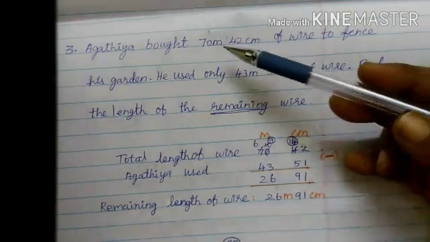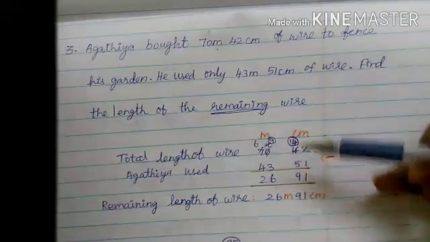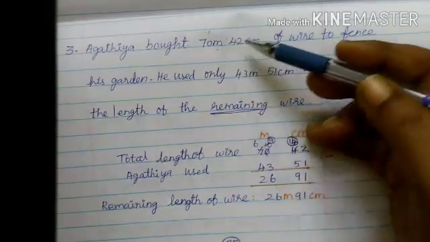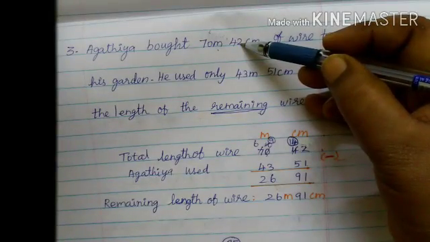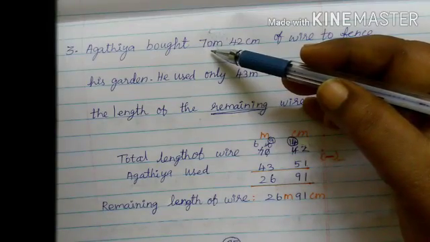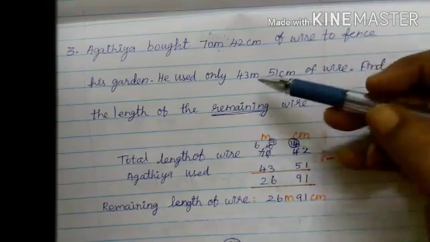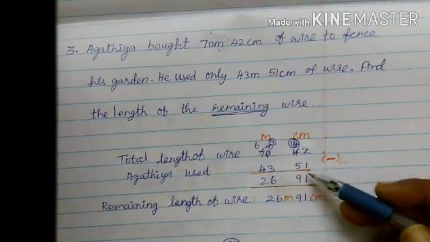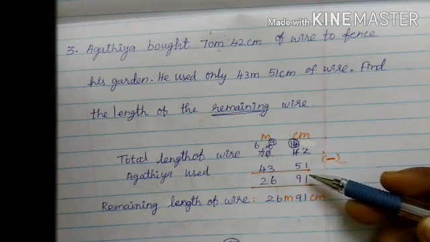Okay. First one is the bigger unit, 70 meter. So you directly write the first number as the total amount of wire, 70 meter 42 centimeter. Centimeter is a smaller unit, but small or big, don't care about this. Only check here: first, meter is the bigger number. So write the first number 70 meter 42 centimeter. Then the second number, 43 meter 51 centimeter. So written, and you do the subtraction.